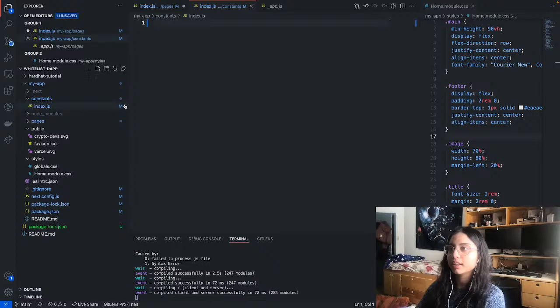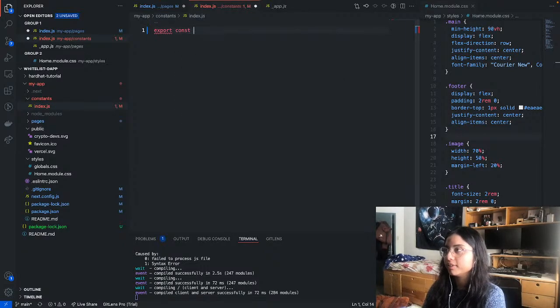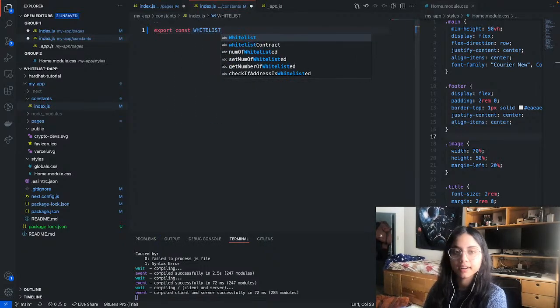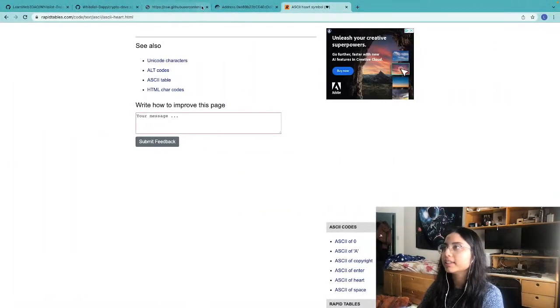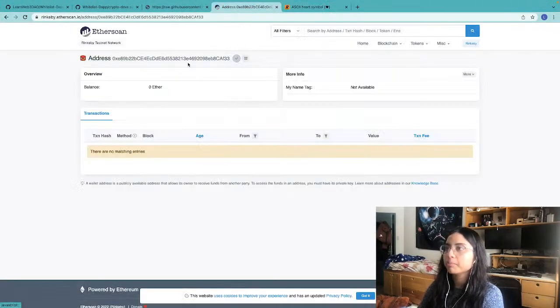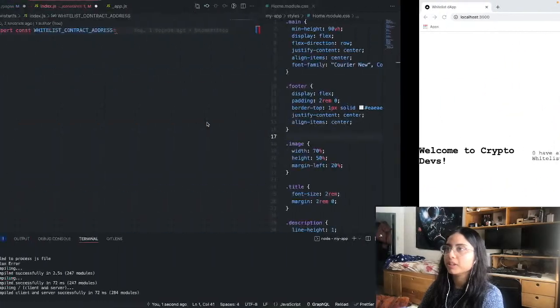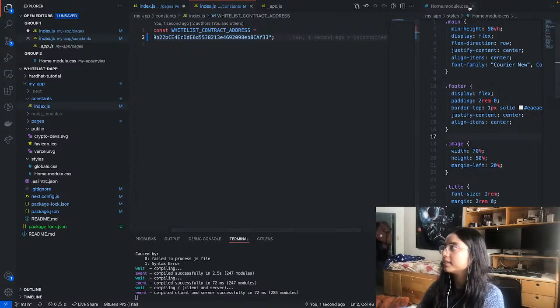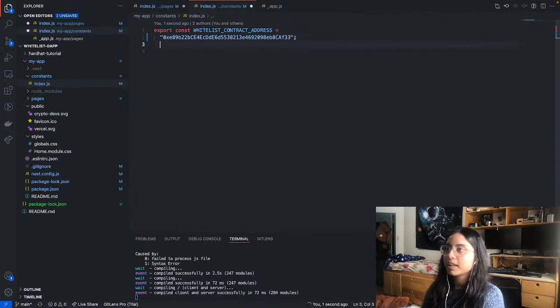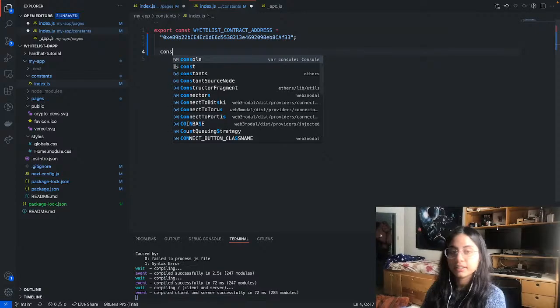Inside this constants folder, and now comes the cool part. We are going to use our contract address. Nice. So my contract address was here, I think. Yes. But you can copy yours here. Nice. It did this for me. I'm going to close this. And then